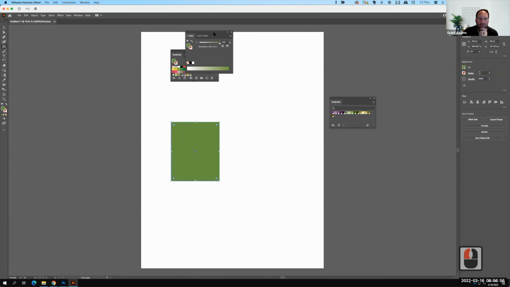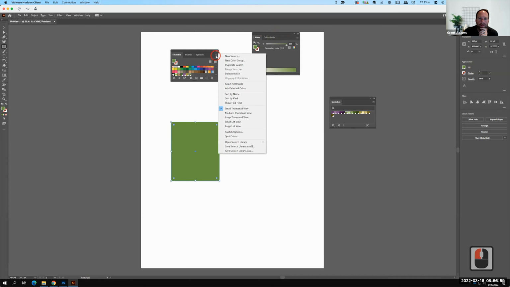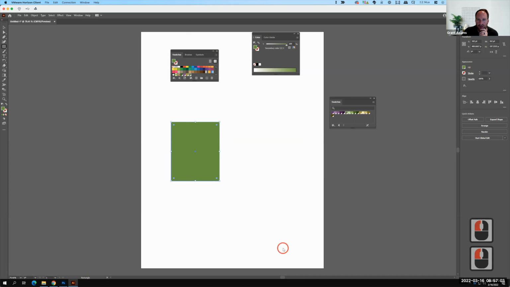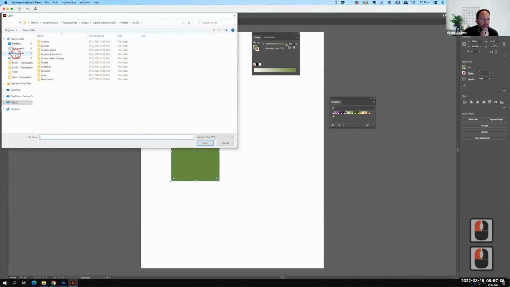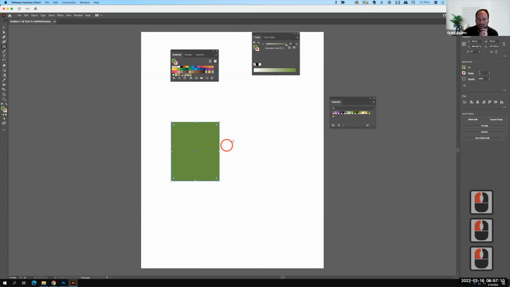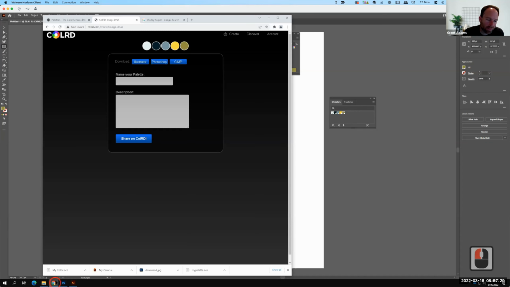So in the swatches right here, I could go into my open swatch library, other library. And it was the my colors, Adobe Swatch Exchange. And there's those colors there as well. So today's functional practice is really about understanding these swatches and creating these swatches such that you could save them and reuse them. That being said, there are some other swatches out there that are specific to Illustrator that can